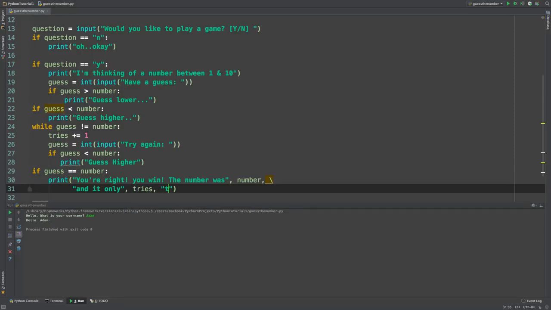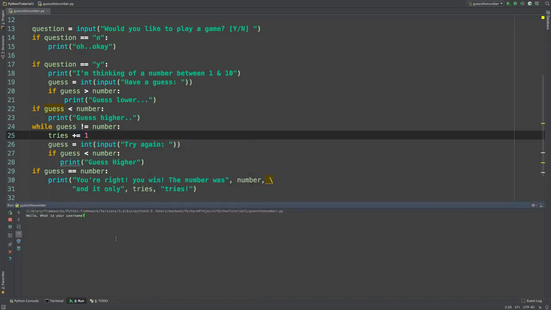Then we tell them the number of tries with tries. Now this might look confusing to someone who's never looked at code before, but this is telling them this is a number. So if they took 10 tries, it'll say 10 tries. We don't want to just say 10. It only took 10. That wouldn't make sense if we didn't have this part. Now if we run this code,